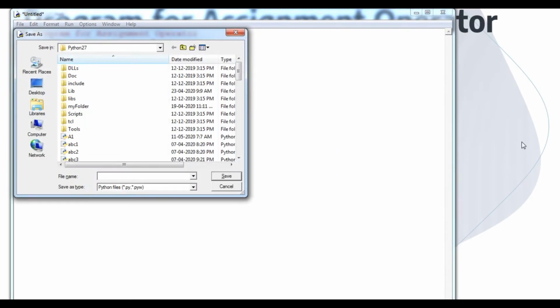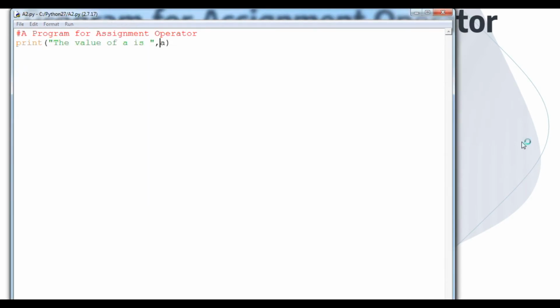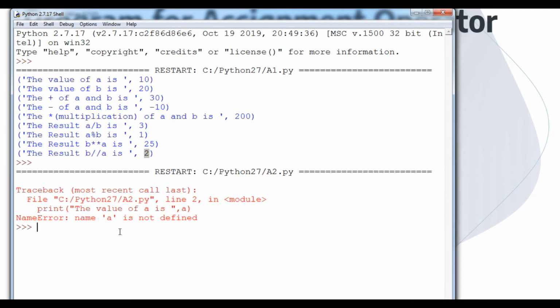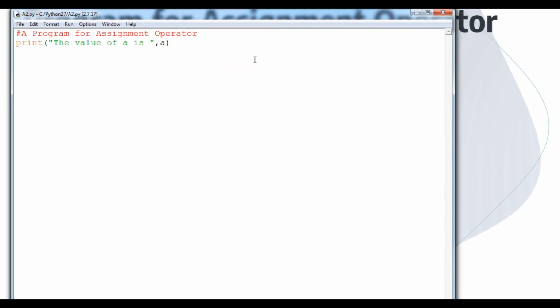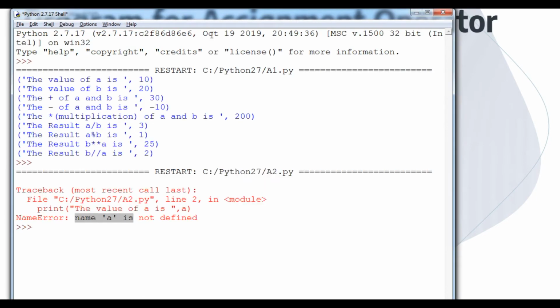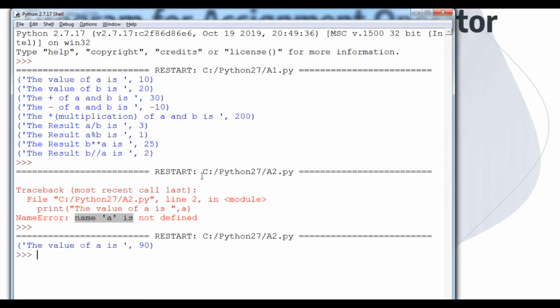Let's see what the output will be. Definitely it will give me an error. Why? Because a is not defined. The error is name a is not defined. To overcome this problem, we need to declare the value, that is a equals something. By that you can see the value has come.